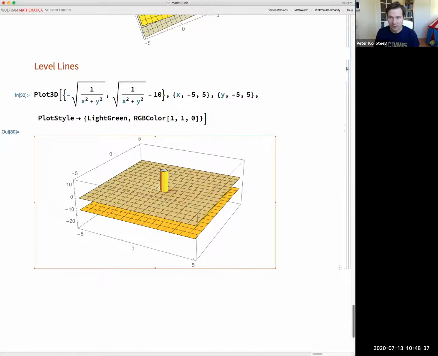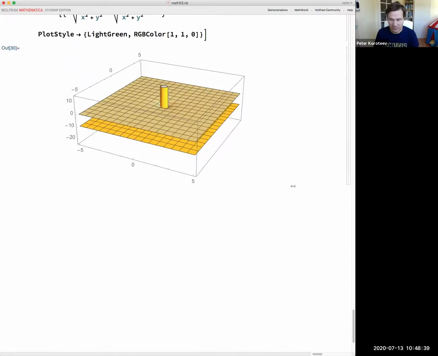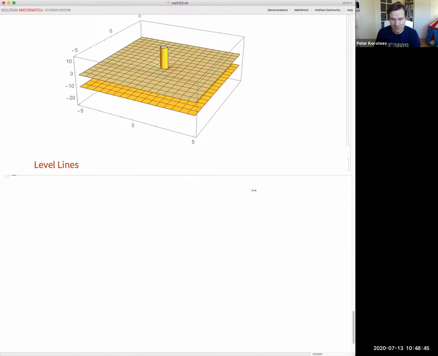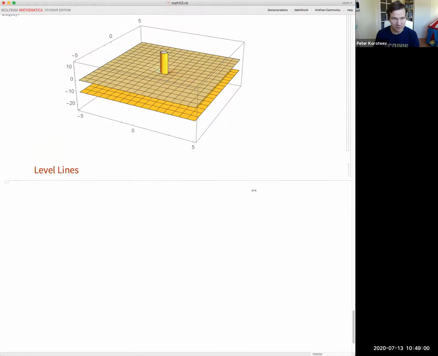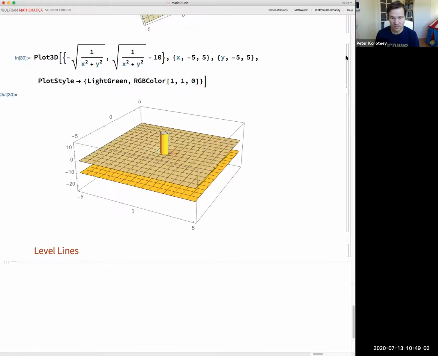Good. So that brings us to level lines. The level line is exactly what it sounds like. In fact, you know what it is. If you look at the map, the paper map or on a computer, in some mountainous region, you will see level lines which show you the elevation or depth in the oceans. So let's take an example of maybe